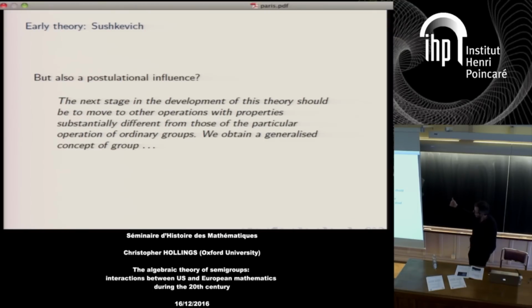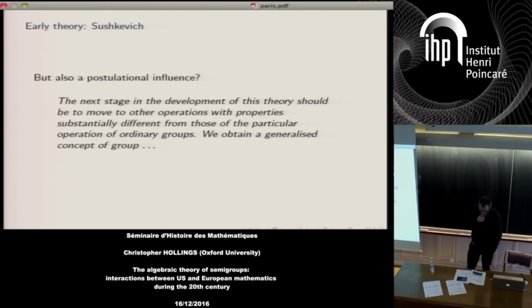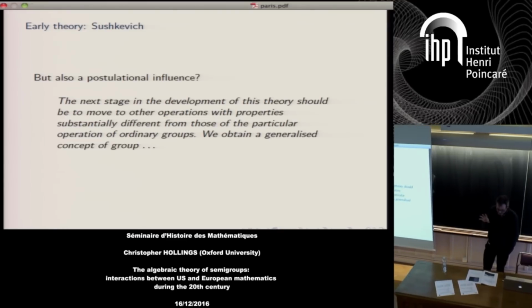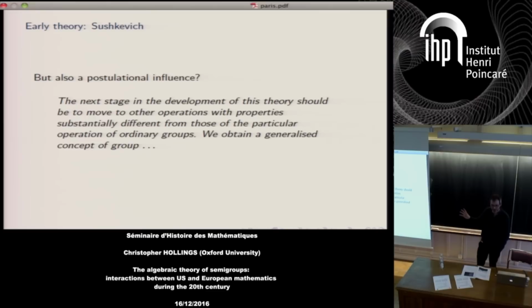Certainly when it comes to giving a definition for an ordinary group, Sushkevich often appeals to Frobenius. He studied in Berlin in the first decade of the 20th century. Frobenius was one of the people whose lectures he attended. And so he always cites Frobenius for the definition of a group, usually a finite group. But then I started to realize that here and there he also cites Huntington and Moore and Dixon, and not in a big way, but it's quite subtle. So I think there's some influence there, and suddenly it's obvious to me that this is there, and I don't know why I haven't seen it before.